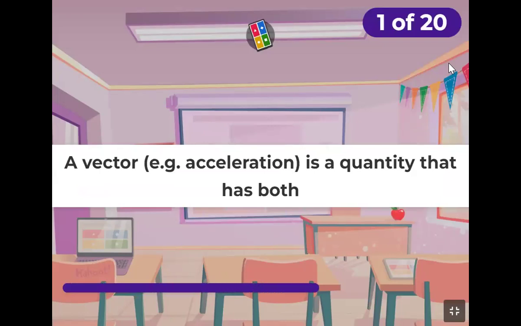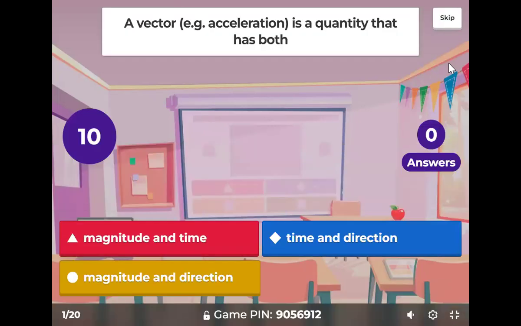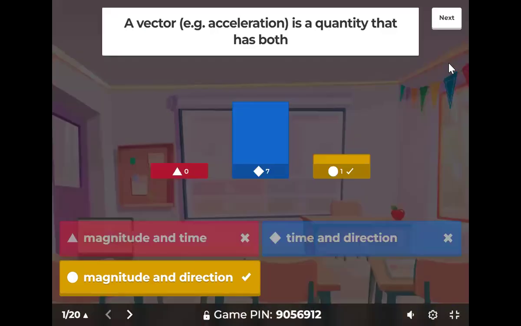A vector, for example, acceleration, is a quantity that has both what and what? Yeah, magnitude and direction. Okay, so magnitude is like the number you can put in your calculator, but also a